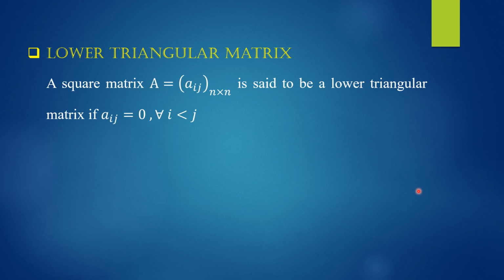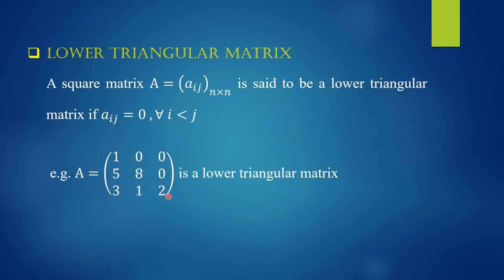You see the example first. For example, A is equal to this matrix. This is the principal diagonal, and above the principal diagonal these elements are 0, so it is a lower triangular matrix. It is again of the form of a triangle. You see here, this is the form of a triangle, so it is called a lower triangular matrix. I think it is clear to you. So next we see the